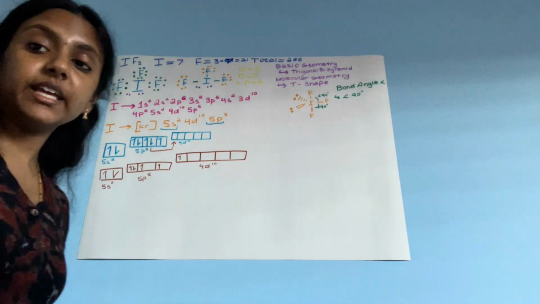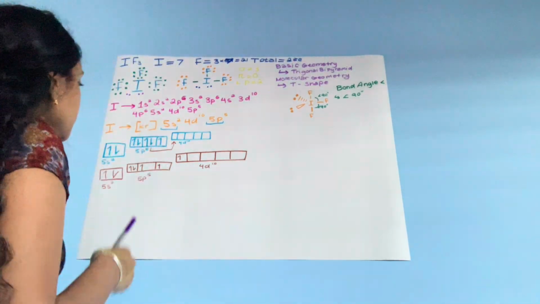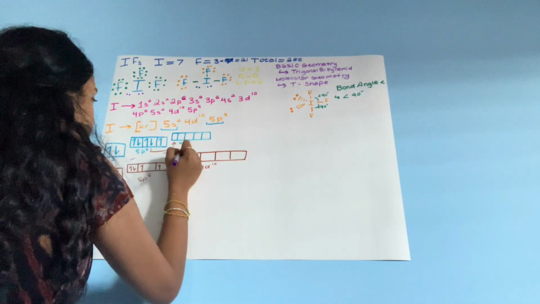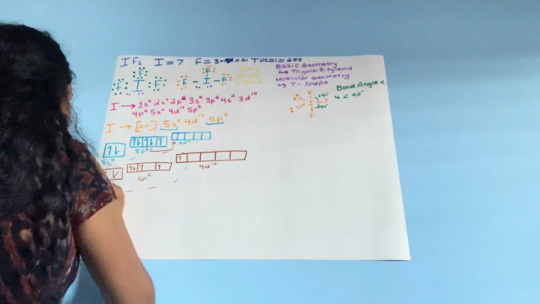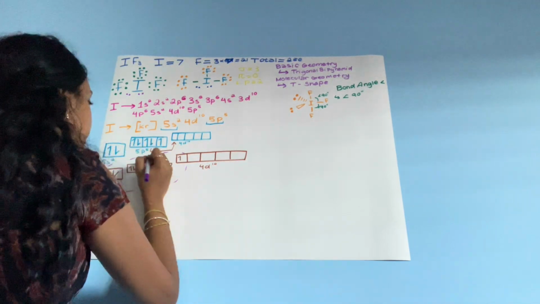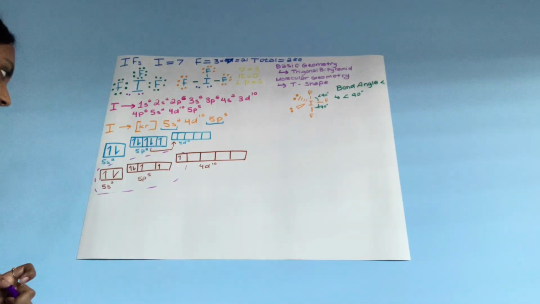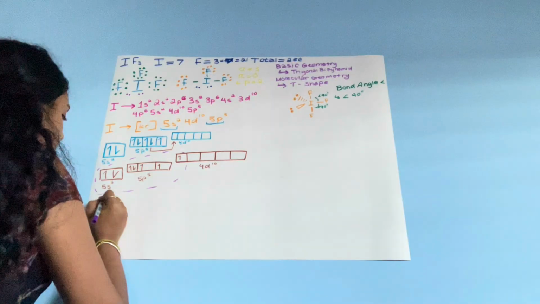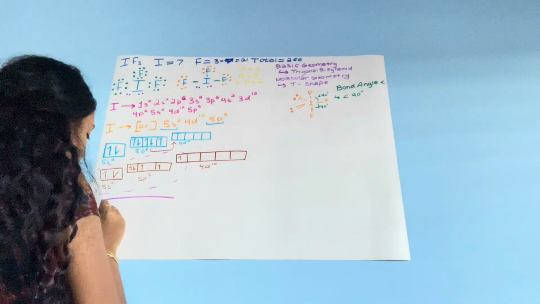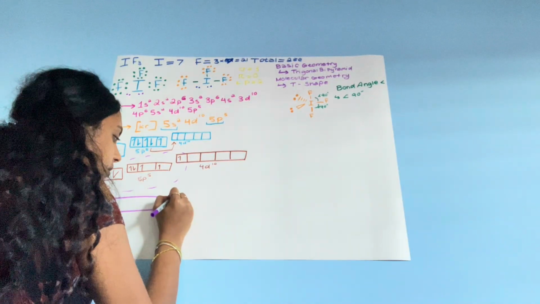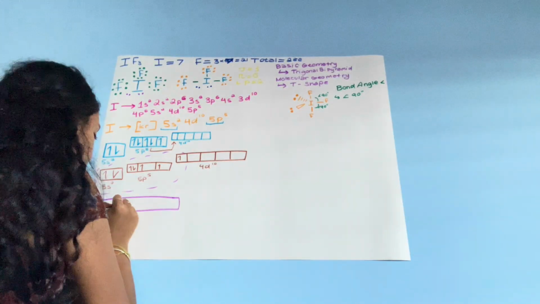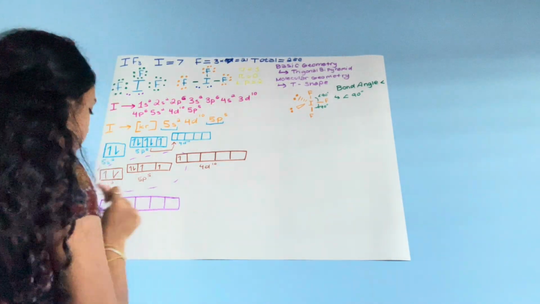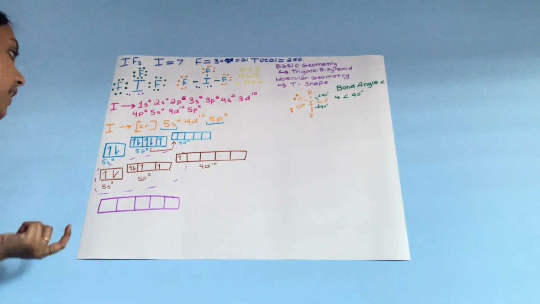So what we're going to be doing is we're going to be hybridizing. So let's just draw a little dashed circle to identify our hybridization. And as you can see, since we have five slots, 1, 2, 3, 4, 5 slots,